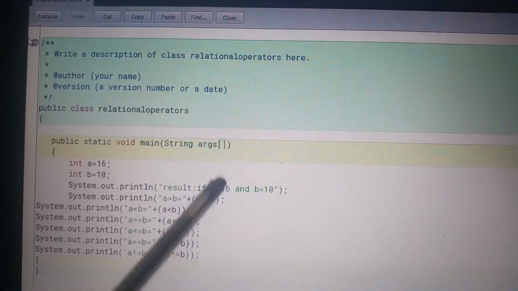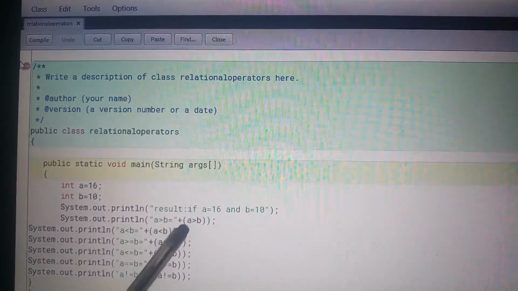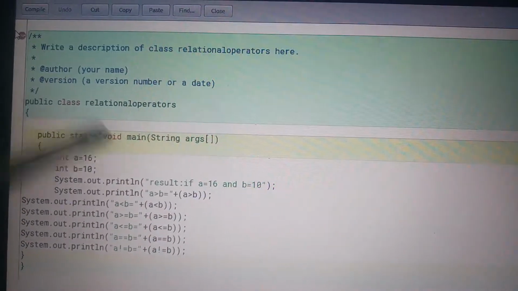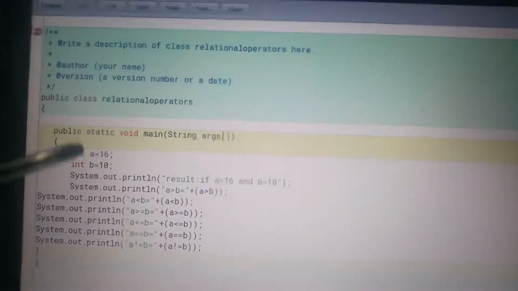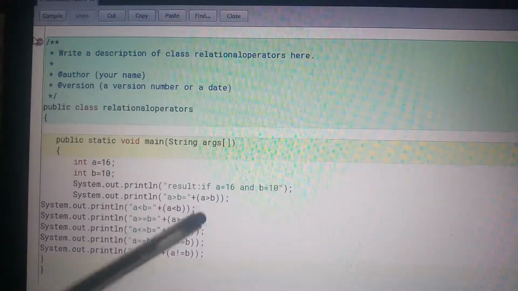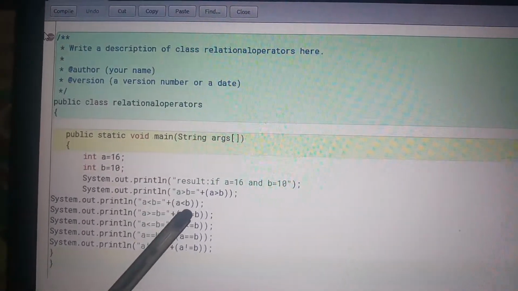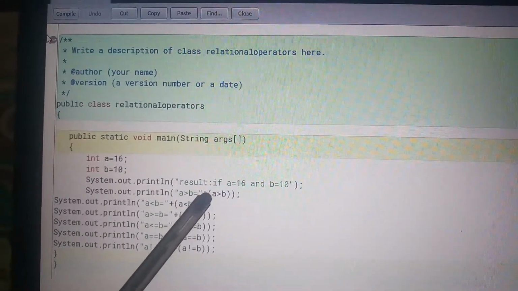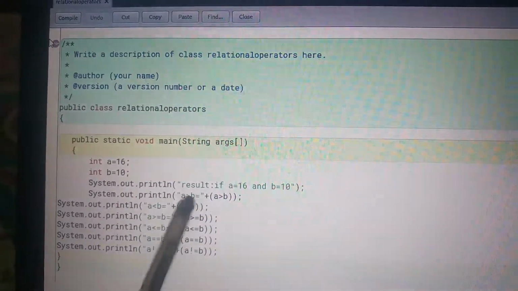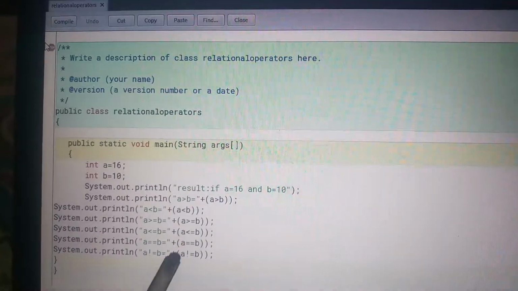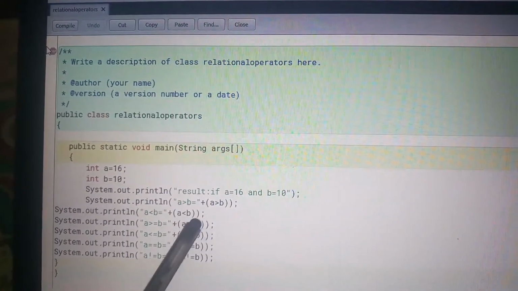If A is greater than B, then print the A value. It will return true. If A is greater than B, then the result will be true. Otherwise, next one more condition I have given. If A is less than B, then the output will come false. Now same like over here, greater than or equal to, less than or equal to,